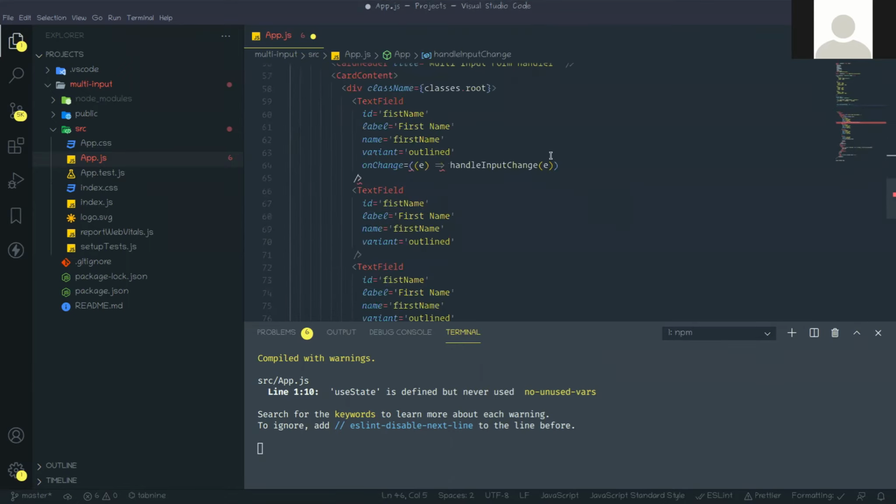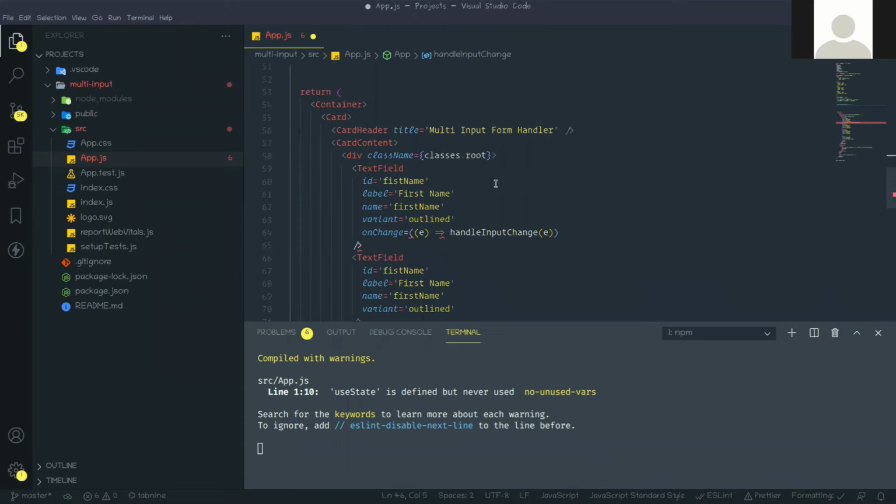So this is the function, but now I need to think how to manage all the arrays. That means when someone clicks on that add input button, another input field, another input group you can say, gets added. Input group means I am talking about that first name, last name, and phone number. Those three I will take as a group. So when someone clicks on that add input button, another input group will be added to that array.